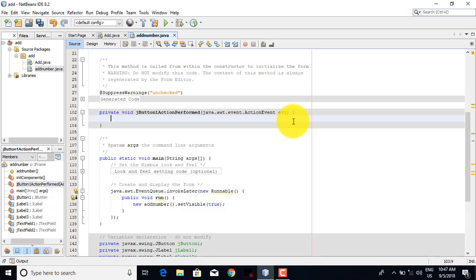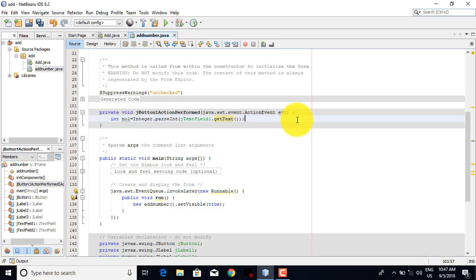Write int no1 equals Integer.parseInt(jTextField1.getText());